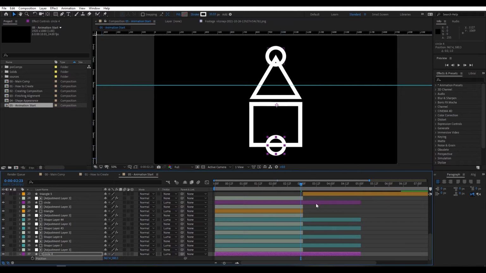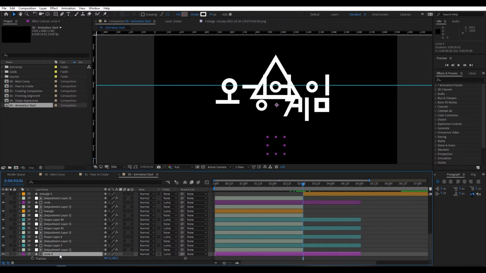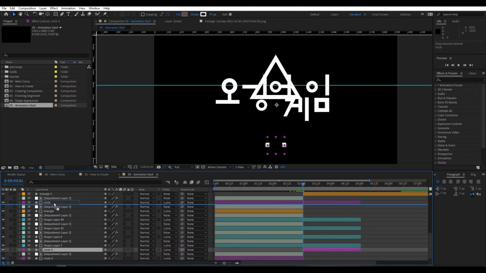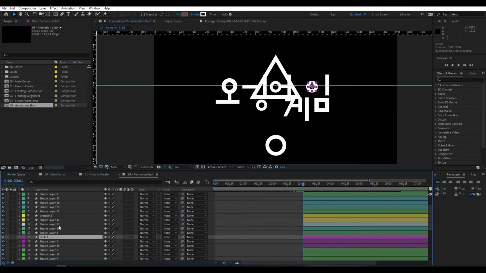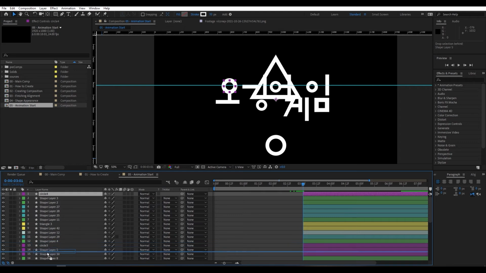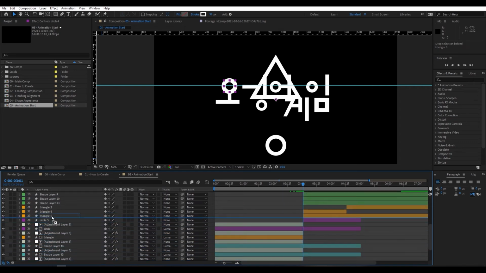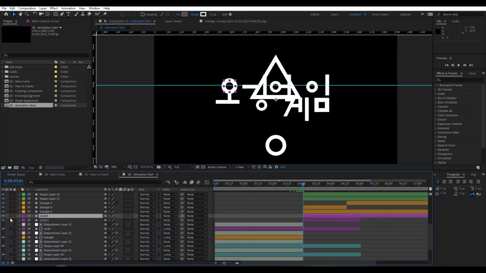Okay, select the circle layer and press Shift Ctrl D, move it up and turn off the track matte option, no track matte. Then take this circle layer down. Now select the pen tool and